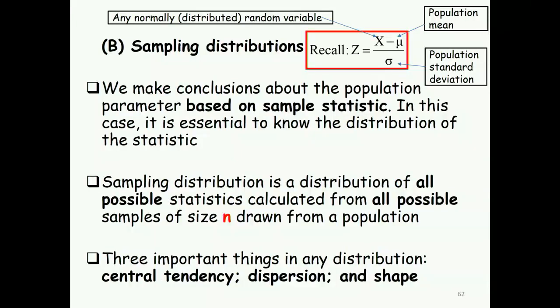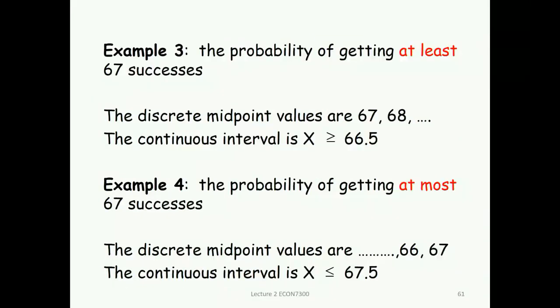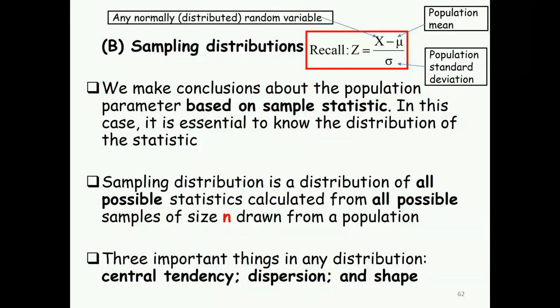Now let's go to the sampling distribution. In the previous part, what I told you is that we are picking from the population one random variable. We are picking only one. But in reality, we don't do that. We don't pick only one person. We take a sample. Now the question is, if this is the formula and we want to take a sample, should we use the same formula, or does the formula have to be changed?